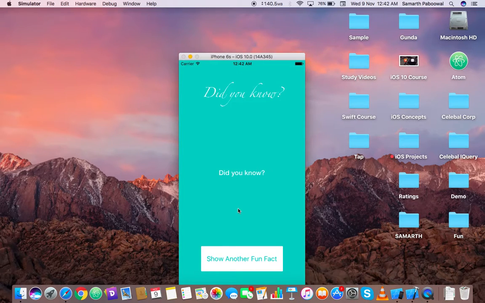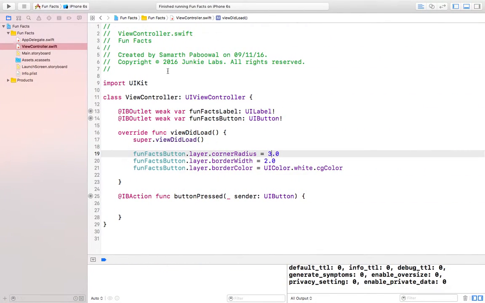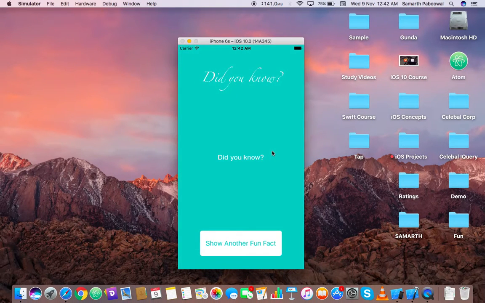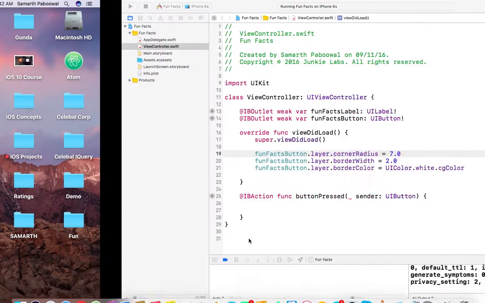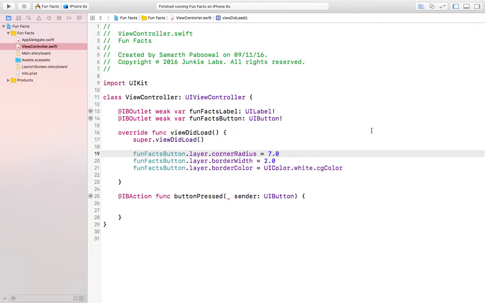I think what I will do is increase the radius so you can see it easily. So instead of 3, let's do 7, and let's run this app again. And now you can see that here we are getting the rounded corners for the button and it is looking nice. So this is the UI that we were trying to build,